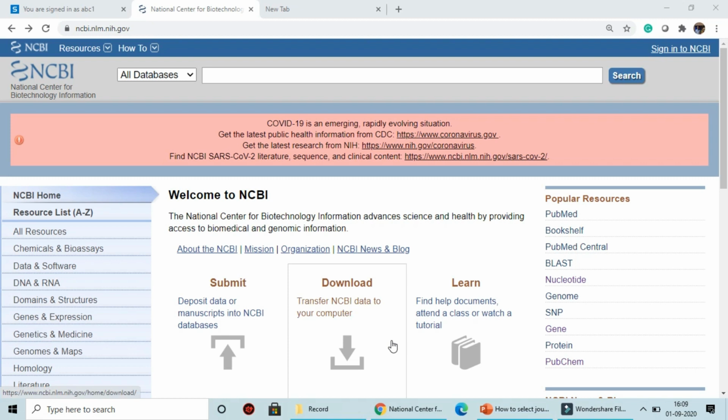Say for SSN number based query searching, I want to retrieve the sequence having SSN number HQ190916. And suppose this particular SSN number I find from a research paper and I want to analyze it. So let's see how to retrieve the sequence having HQ190916. To retrieve that particular sequence, first I open NCBI.